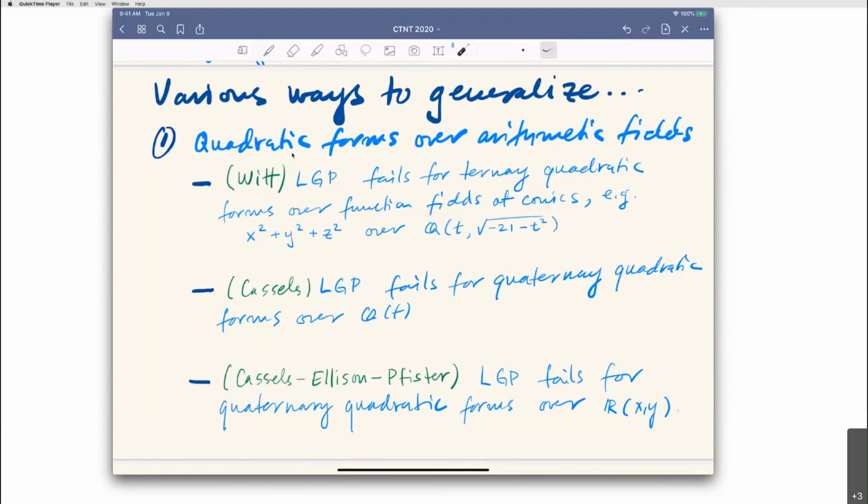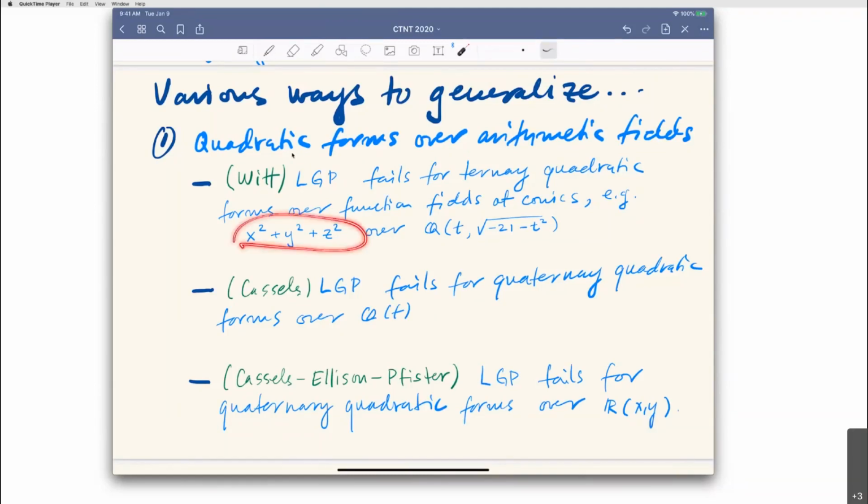So here's an example that he gives in his paper. In the original paper, this is not how he states it. He's talking about a failure of a norm principle for the existence of, he's asking whether -1 is a sum of 2 squares, for example. And this is a standard application of Hasse-Minkowski, showing that if something is a sum of 2 squares locally, then it's a sum of 2 squares. But here you might ask whether that's true over more general fields, and here was the example that he gave,